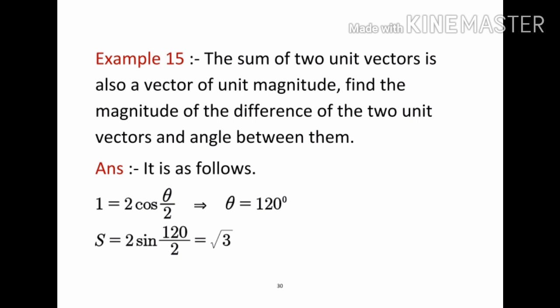And to find out the subtraction of the two vectors, difference means subtraction of the vectors, we can use S is equal to 2P sin theta by 2, where P is unit vector. So you can get S is equal to 2 sin 120 by 2, that is equal to root 3. And next